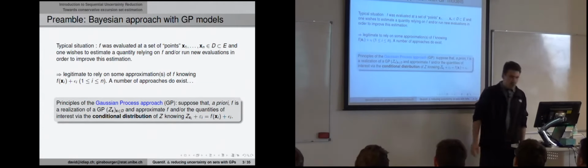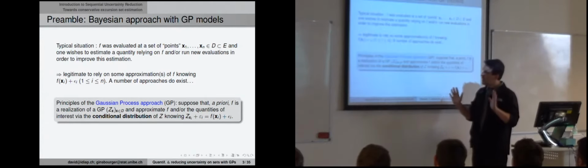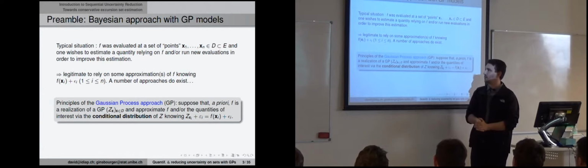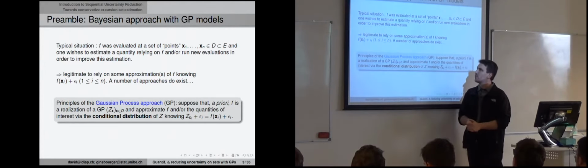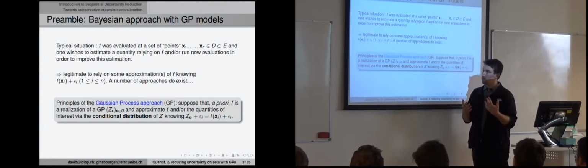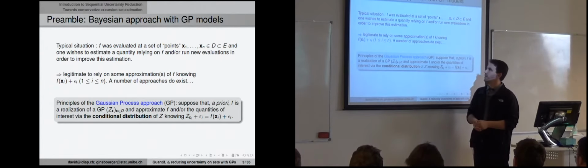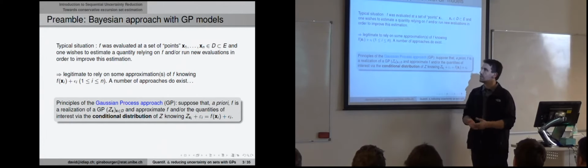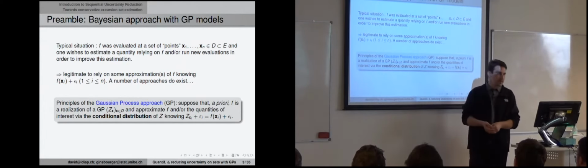So here we will exclusively consider the setup of Gaussian processes. And the reason for that will become clearer along the talk. But the reason is because it's a really cool surrogate model. And it's also because it's not only curve fitting, but it also comes with prediction uncertainty, and that's quite useful